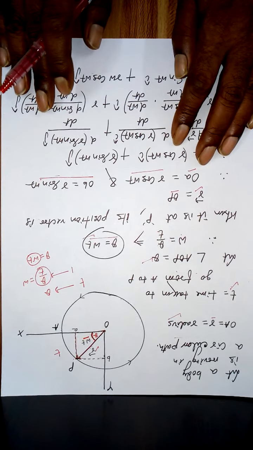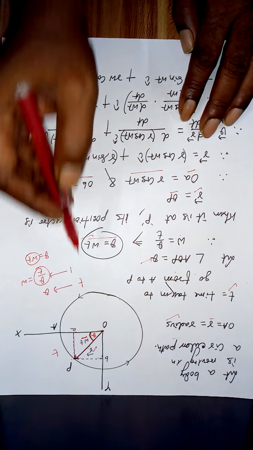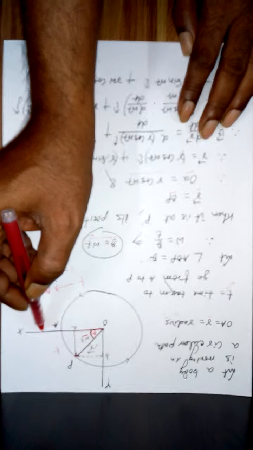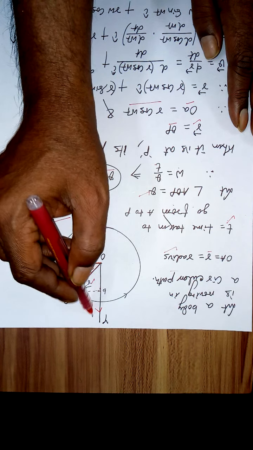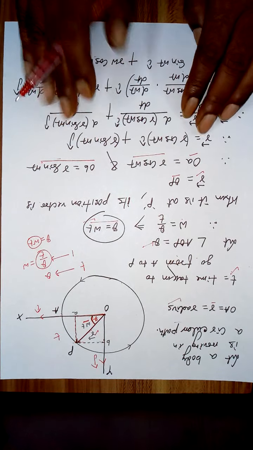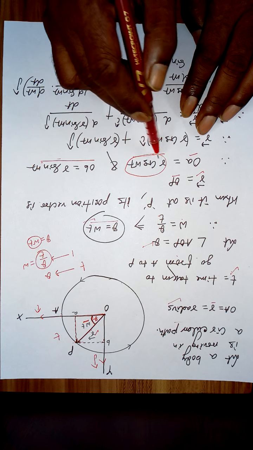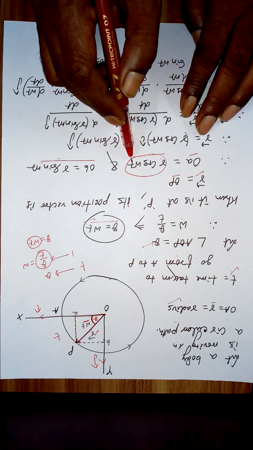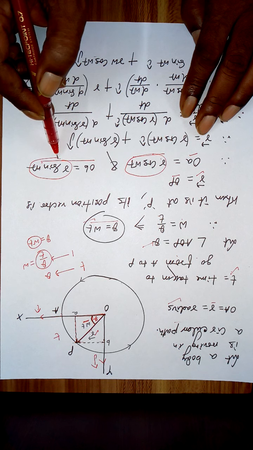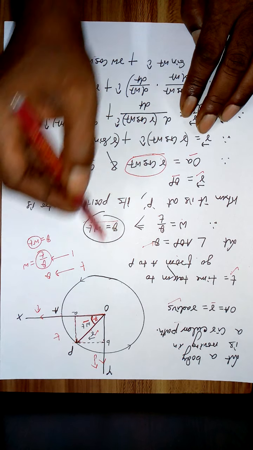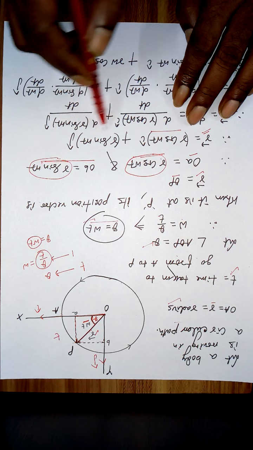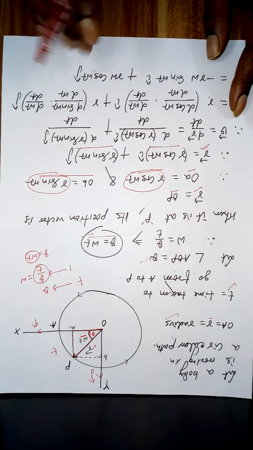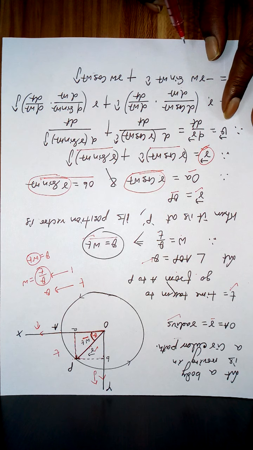This we did in vectors. But to this direction the unit vector is i cap. To this direction unit vector is j cap. So we have this much, r cos omega t, along x-axis along i cap, r sin omega t along y-axis, that is along j cap. So your r vector can be represented as this much i cap plus this much j cap. Now this is a position.